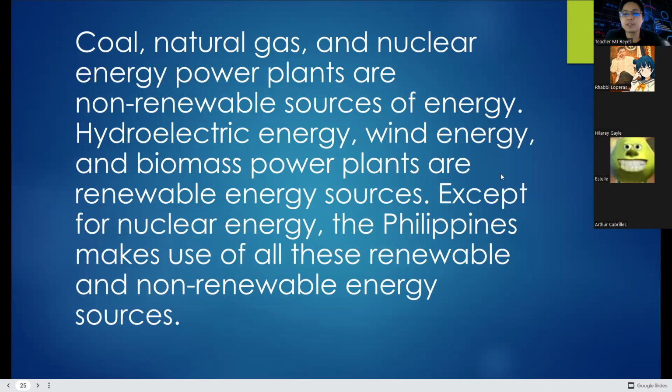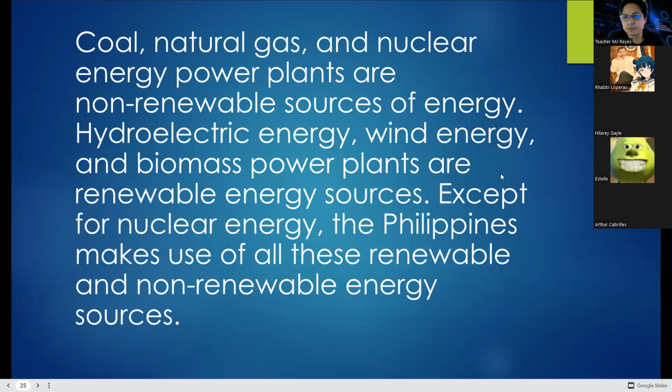Hydroelectric energy, wind energy, and biomass power plants are renewable energy sources because they can actually be replaced over a short period of time. Except for nuclear energy, the Philippines makes use of all these renewable and non-renewable energy sources. We are actually using them. But then again, talking about the nuclear power plant, why didn't the Philippines actually push through with the nuclear power plant in Bataan? The main reason is, these are what? These are highly